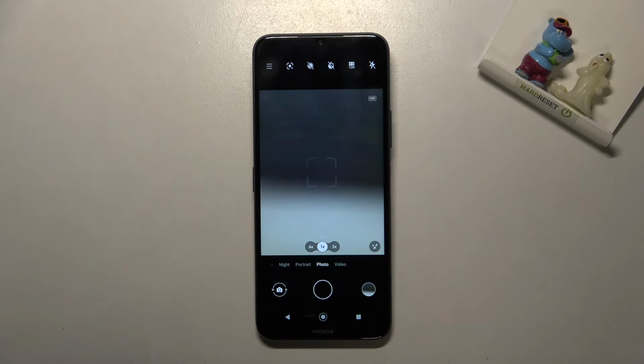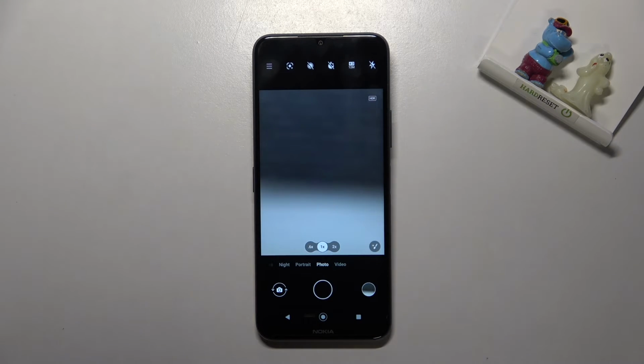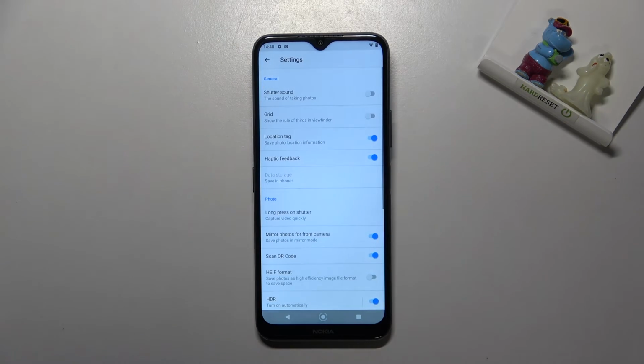When we move back to the camera and take another picture, we can't hear the sound. And of course when we tap the left corner settings once again to shutter sound, we can turn it on